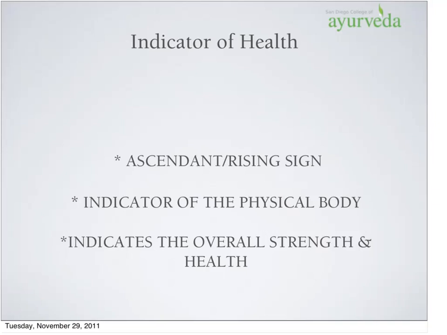These signs, their resistance is not as strong. That will make sense because it's water, and then you have fire. So a strong rising sign is always going to help the strength of the chart, help in the health of the person. So let's take a look